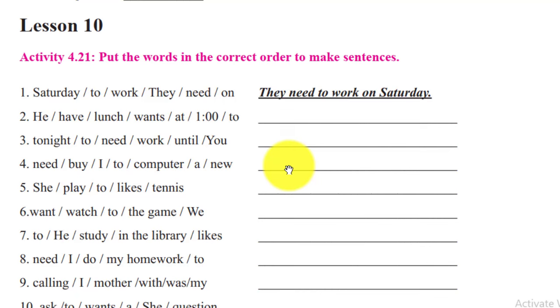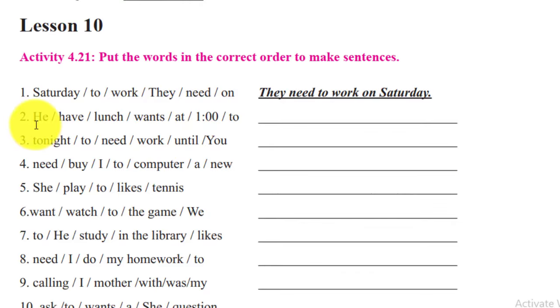ከverb ቀጥሎ እንግዲህ verbu transitive ከሆነ, ተሻጋሪ ወይም object የሚፈልግ ከሆነ, object ታስቀምጣላችሁ. Object የማይፈልግ ከሆነ ወይ preposition ወይ time phrase ታመጣላችሁ, ጊዜን የሚጠቁም, ወይም place phrase ታመጣላችሁ, ቦታን የሚጠቁም ነገር. ለምሳሌ number 1 is given as an example: they subject ነው, need to modal auxiliary ነው, ረዳት ግስ ነው. ረዳት ግስ ካለ ደግሞ ቀጥላችሁ ዋና ግስ ታመጣላችሁ: need to ብሎ work ዋና ግስ ነው, ስለዚህ መስራት አለባችሁ. መቼ የሚለው time phrase, on Saturday የሚል ተጠቅሟል ማለት ነው. ስለዚህ ኦርደሩ እንደዚህ ነው: subject, verb. ሁለት አይነት verb ሊኖር ይችላል, ይሄ አሁን need to modal ነው, modal ወይም auxiliary ረዳት ግስ ከመጣ ቀጥሎ ዋና ግስ, ከዚህ በኋላ ኦብጀክት ካለ ኦብጀክቱን, ከሌለ እንደዚህ ታይም ፍሬዝ ወይም ፕሌስ ፍሬዞችን ትጠቀማላችሁ ማለት ነው.